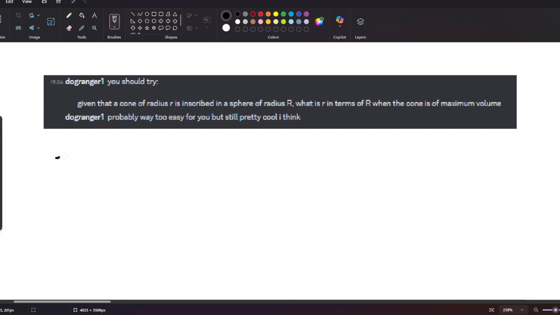Hello, today we have this problem from a subscriber. We need to find r tiny in terms of R big, where r tiny is the radius of a cone inscribed in a sphere of radius R big, given that the cone is supposed to be of the maximum volume. Okay, so let's begin with